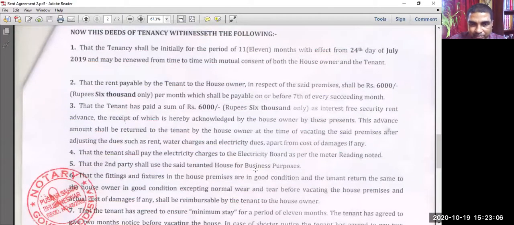Can you read it here? Business purpose, it is written. Can you see it? Are you seeing the rent agreement on the screen? Yes or no? Is the rent agreement visible to you or not?